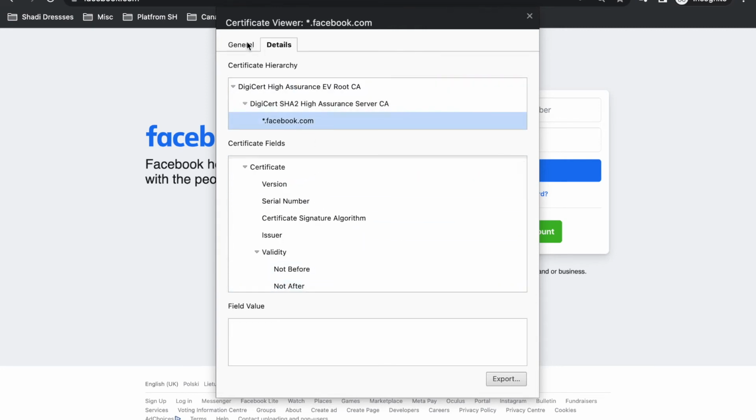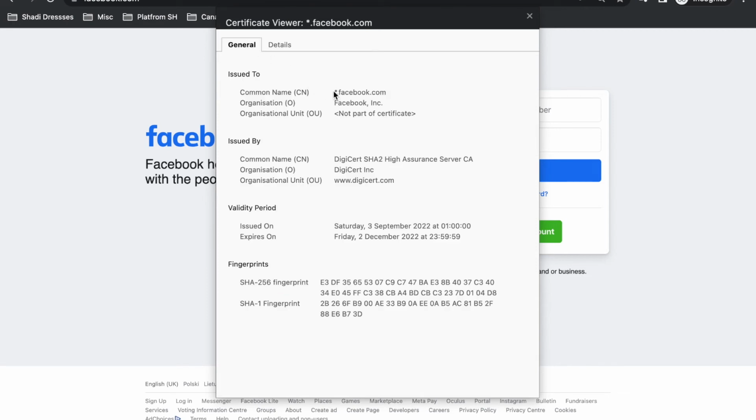If we go on the general, you can see that it's static.facebook.com, which means it's a wildcard SSL certificate. So if Facebook has other domains, for example shopping.facebook.com, this SSL certificate can be used for that as well. That's why we use it. If you have different subdomains there, usually we have, for example,